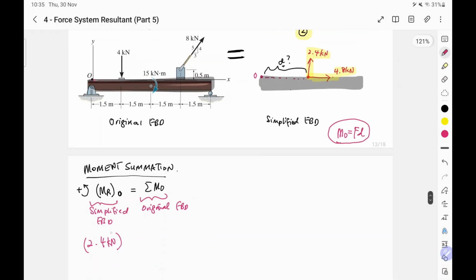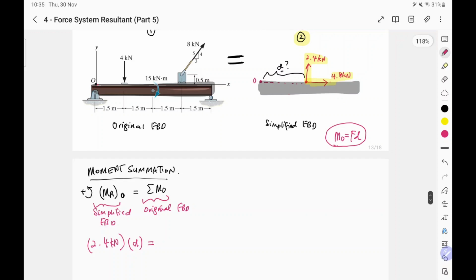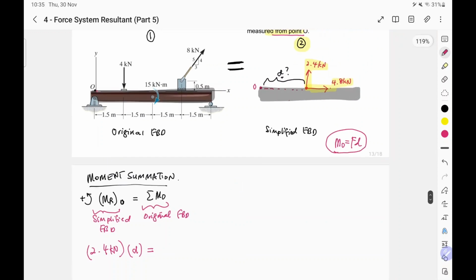Okay, so that's it. There are two forces, two loads, that we have converted into an equivalent moment. Now you make a comparison with the moment produced from the original free body diagram, from figure 1. Looking at figure 1, you convert every single force into an equivalent moment. So let's start from this 4 kilonewton, this downward